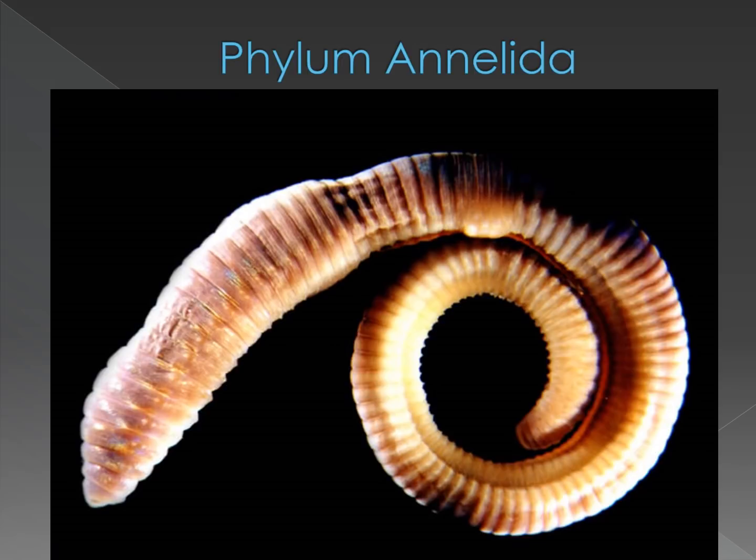Coming to phylum Annelida. Now the word Annelida basically means ringed worm or segmented worm. It looks like there are many rings arranged one upon the other to form the worm. That is why it's called Annelida. These are those worms which have segments on their body, okay, and each segment is going to be the same. So that is why it's called metamerically segmented, which means every organ in every segment is going to be the same. These are ectoparasites.